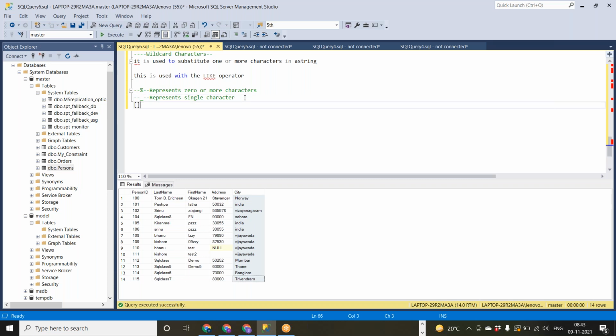We have this one, opening and closing bracket. It represents any single character within the brackets.